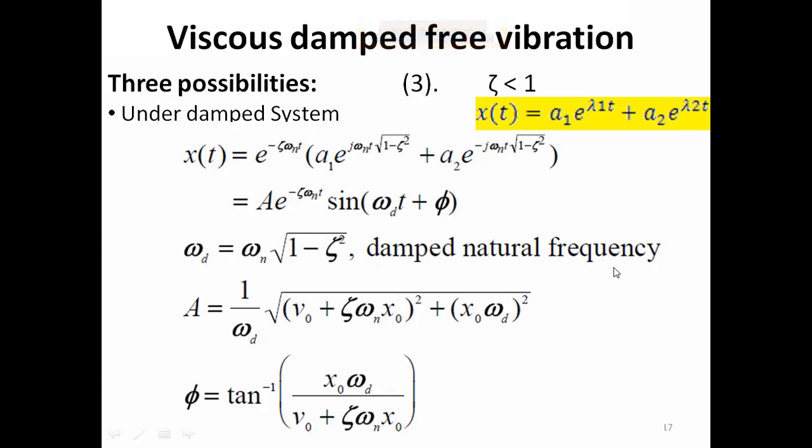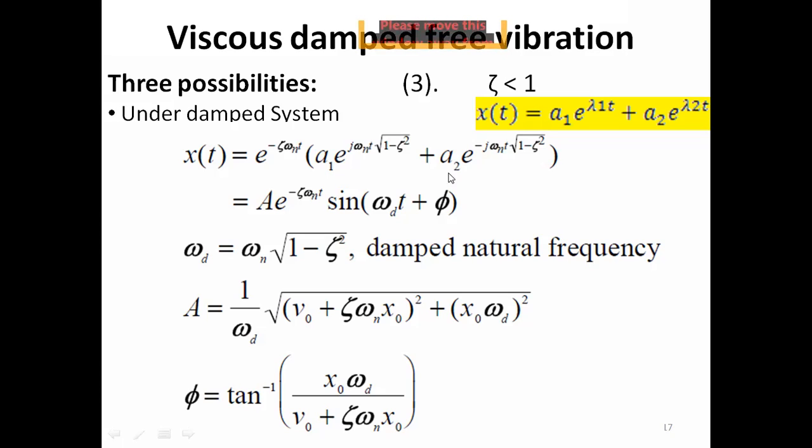and it is known as the damped natural frequency. So normally in systems we would have two frequencies. One is the undamped natural frequency of the system, and the other is the damped natural frequency of the system. Omega n is the undamped natural frequency of the system, when we are considering no damping, and it is under the root k by m. And omega d is the damped natural frequency of the system. When there is damping in the system, then the frequency of the system would be omega d. And also you see the phase here.